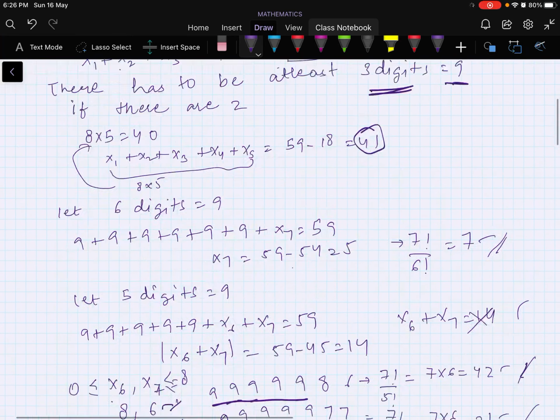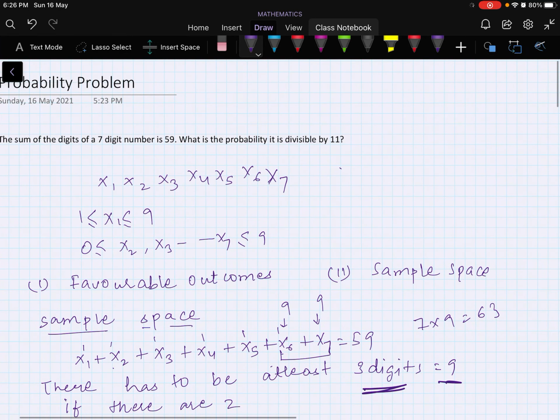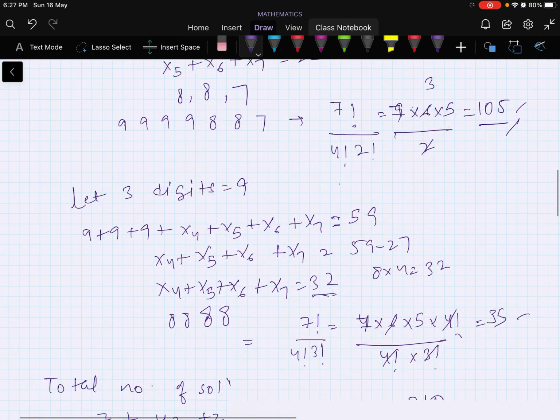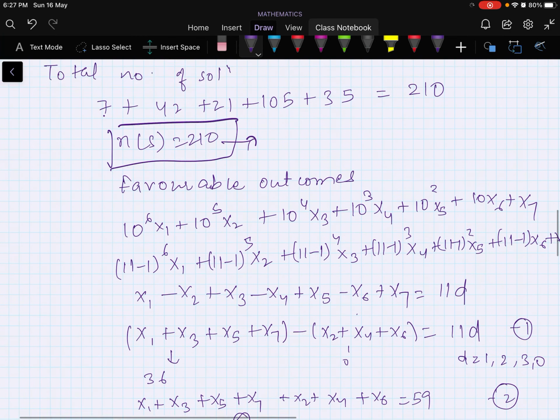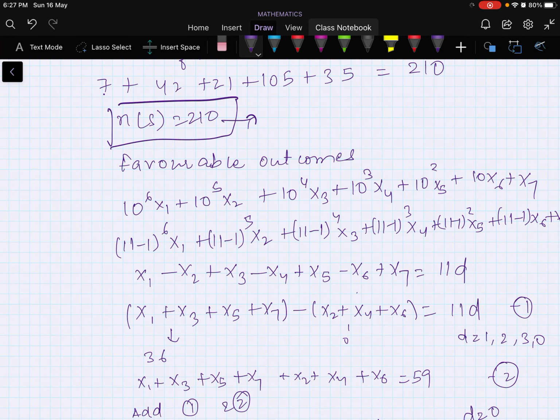So to find what we have to find: what is the probability that it is divisible by 11? How can we find out if it is divisible by 11? We assume that we can write 10 as 11 minus 1 and open these terms using the binomial expansion. Now by binomial expansion we know that when we open this, all other terms except x1